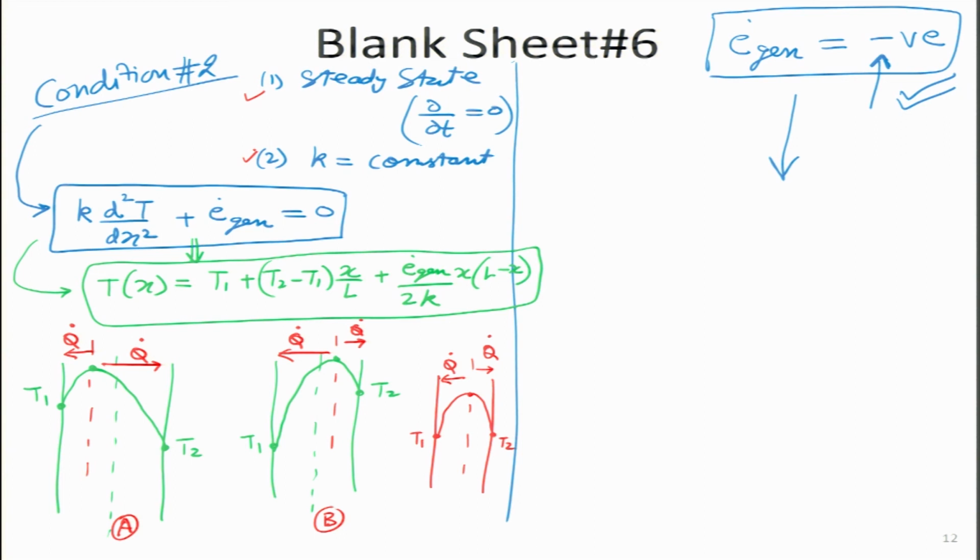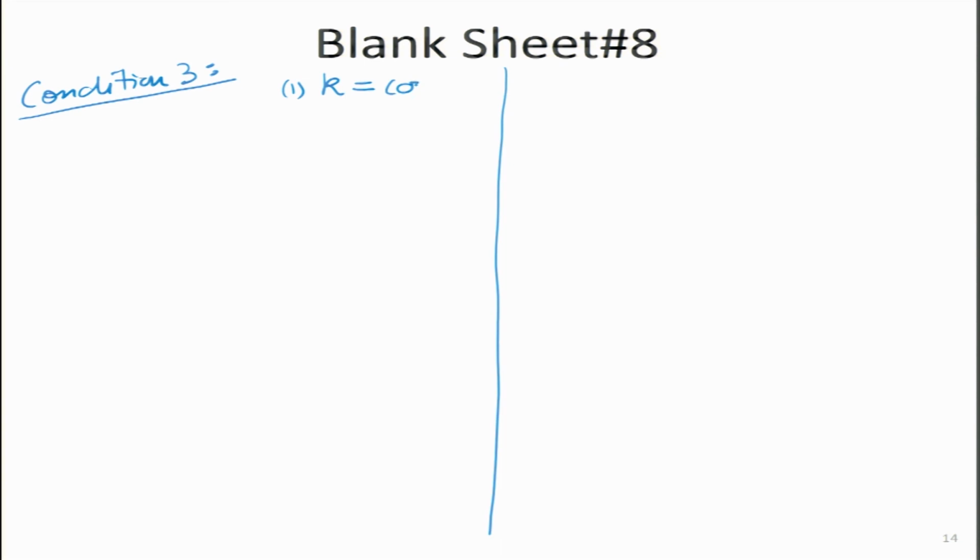Let us move on to condition number 3, which is also very interesting, although it is a little complicated. In that one we will try and see if we are able to actually solve this analytically, or, as we will learn in later chapters, that some higher order solutions are actually needed for this. In this particular case, the only condition that I am assuming is that k is constant. If I take that condition, my equation simplifies to this.